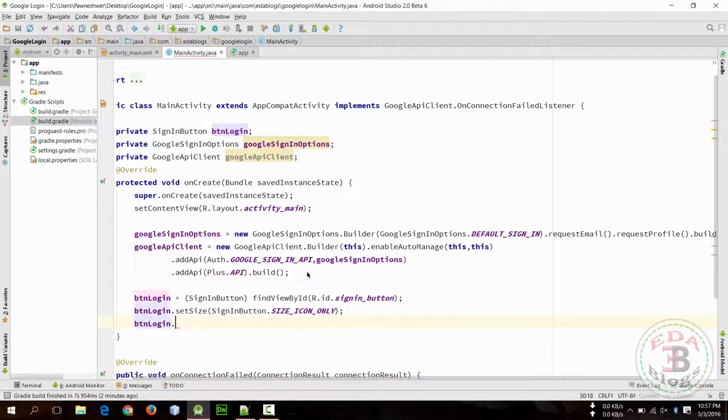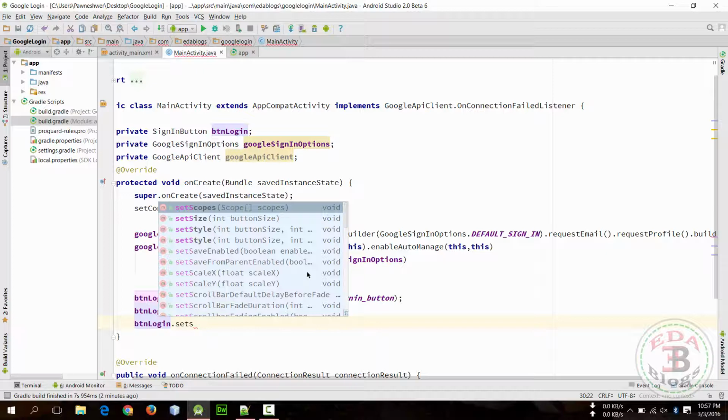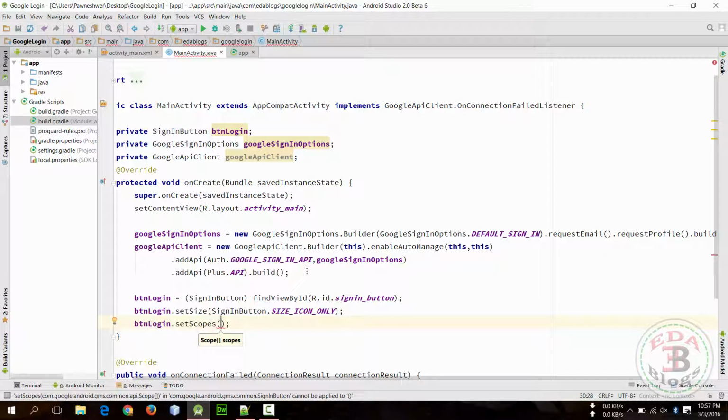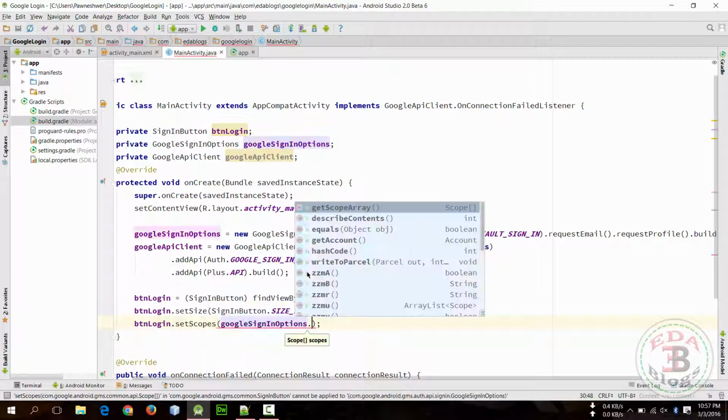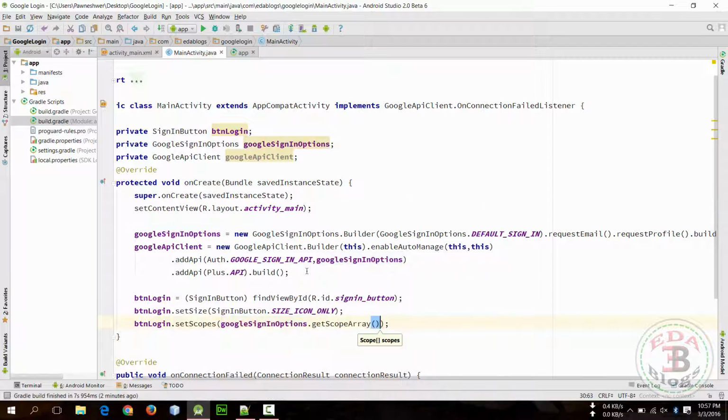And set scope, which is inside Google sign-in options. Get scope array. Okay, so